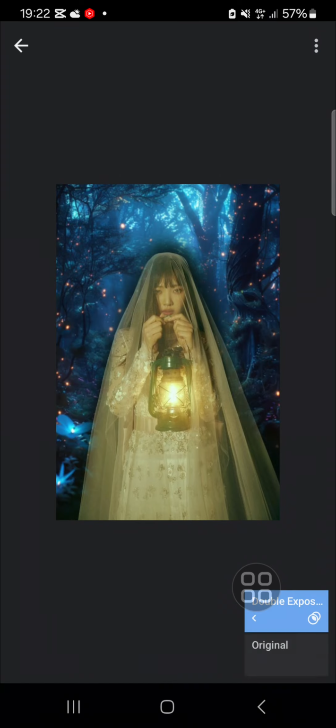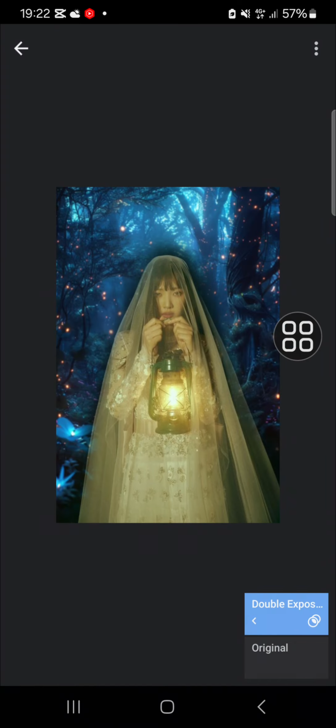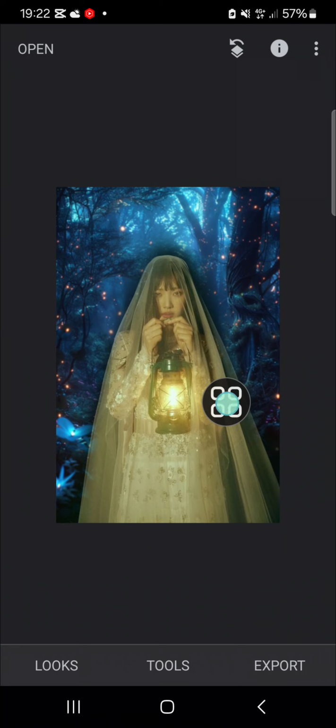Okay, just like so. And as you can see guys, that the background of my photo has been changed. Okay, and we just need to go back, and once you're ready to save this photo to your device, you can click on export. Alright guys, then that's all the way to edit background in Snapseed